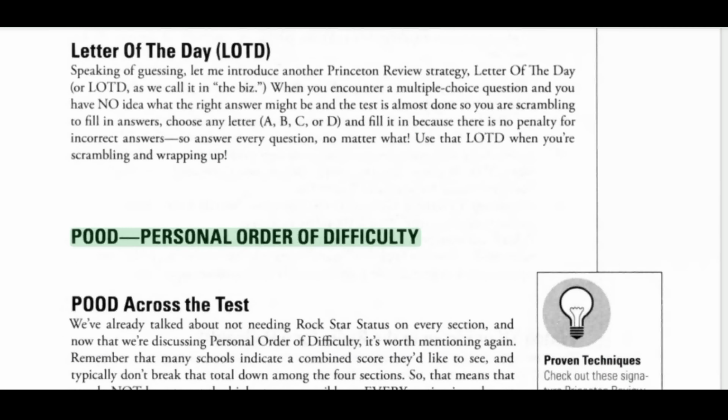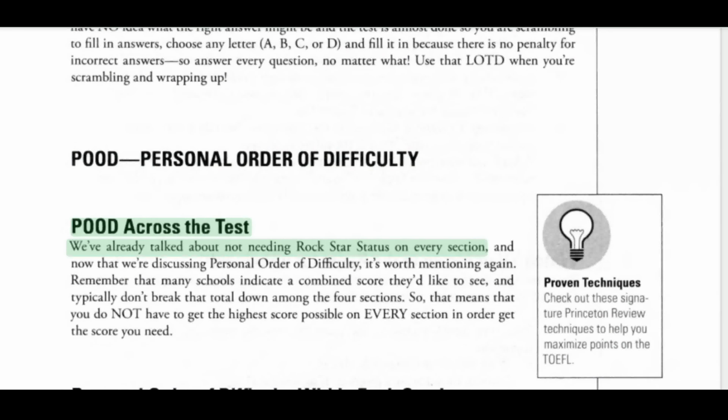POOD, personal order of difficulty. POOD across the test. We've already talked about not needing rock star status on every section, and now that we're